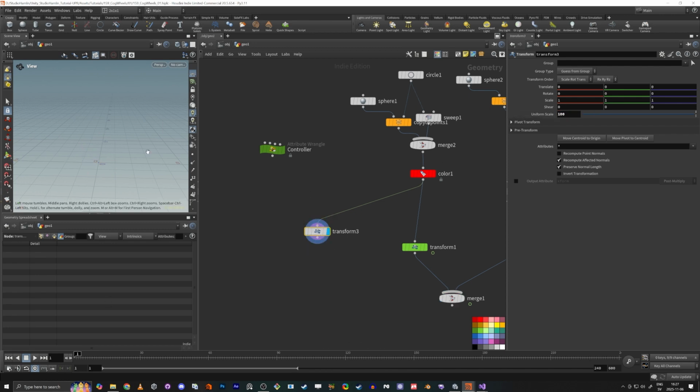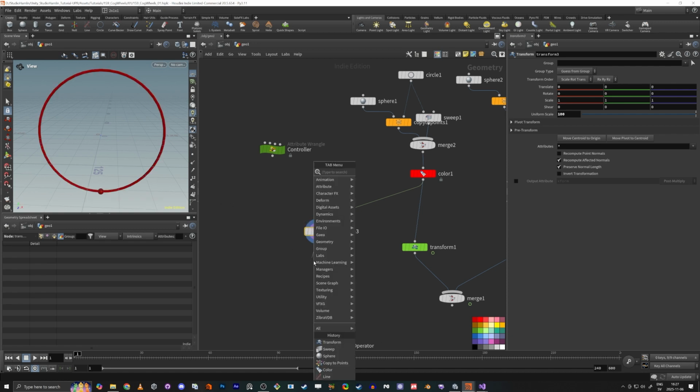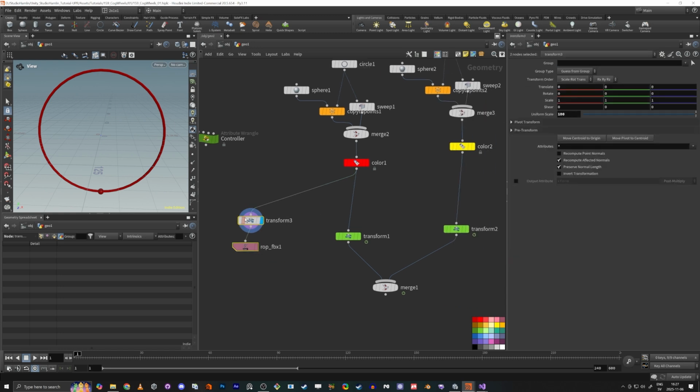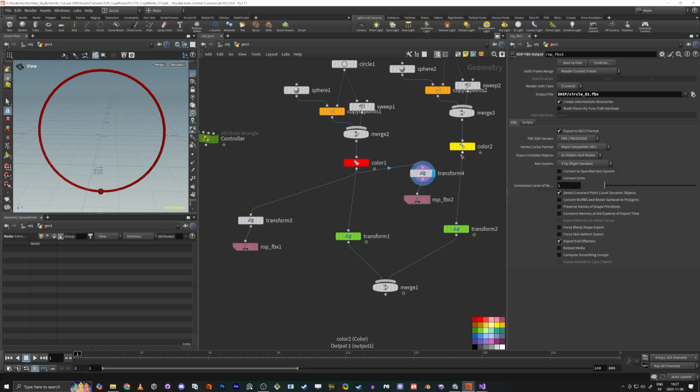So we need to make it bigger like this, really big. And then we do a ROP FBX output like this. And this is going to be circle 01 actually. So then I just do save,